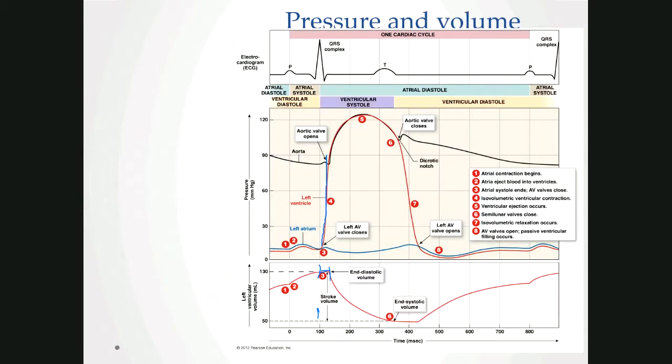Right? So the takeaway is this first phase of ventricular systolic period is there's no movement of fluid in or out of the ventricle. So it's an isovolumetric phase. But what's happening with the pressure is the red line is shooting up,